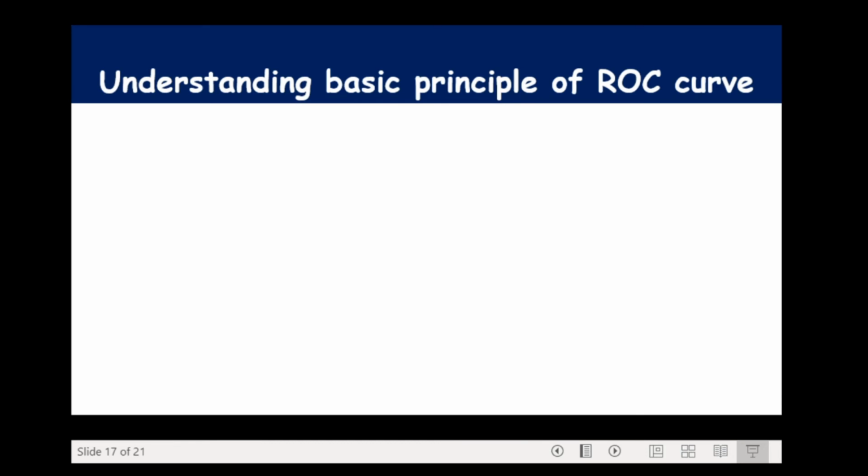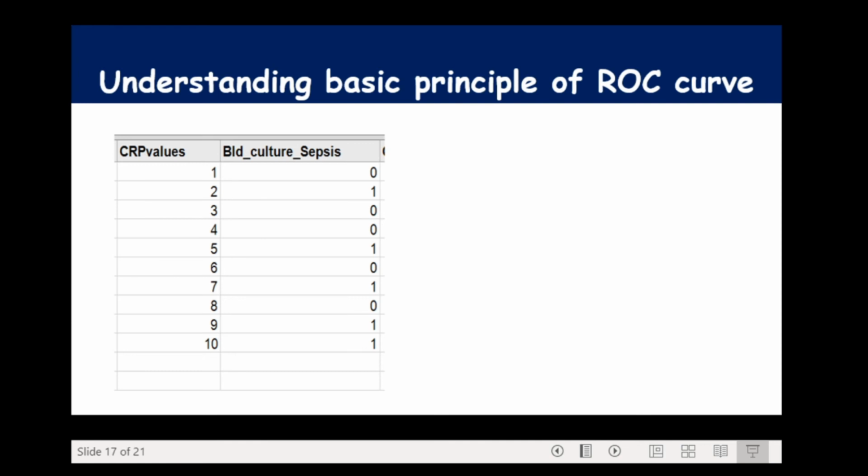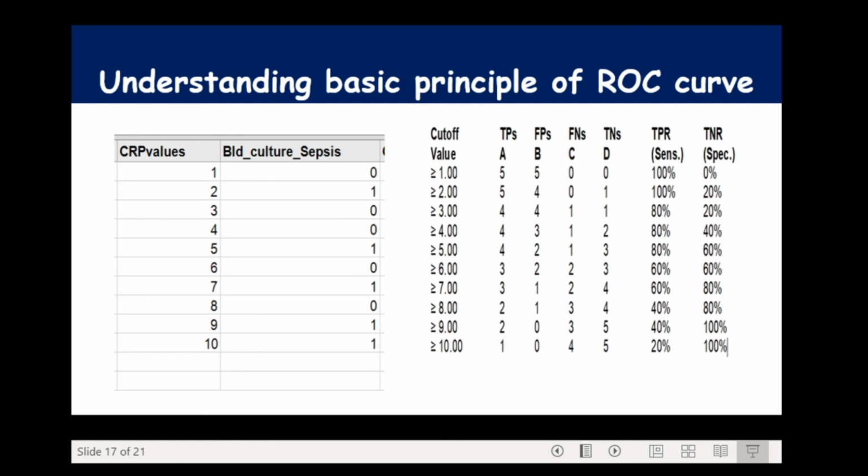For example, let us take the quantitative CRP measurements carried out in neonates with suspected sepsis along with their confirmatory blood culture tests. Out of the 10 neonates with suspected sepsis, 5 neonates were found blood culture positive. Now let us use each CRP value as a cutoff for sepsis. We can get a series of sensitivity and specificity values. For example, in this table, if you assume a cutoff of 1, then all subjects with a CRP value of 1 or more will be labeled as having sepsis.